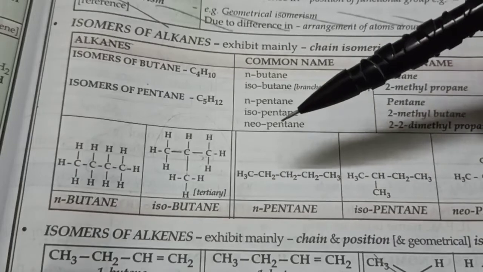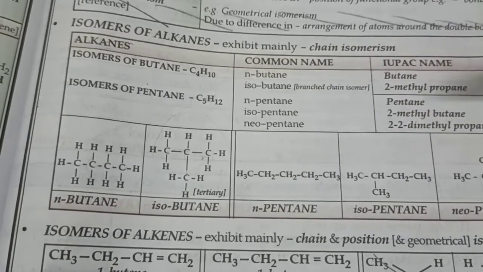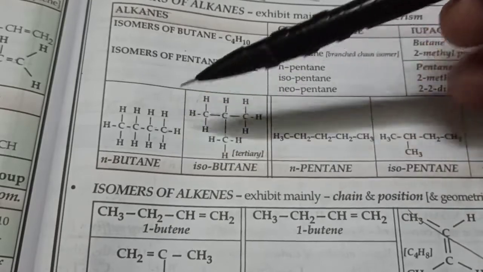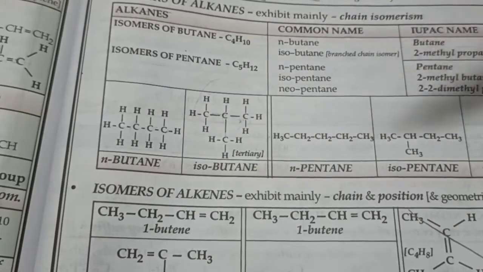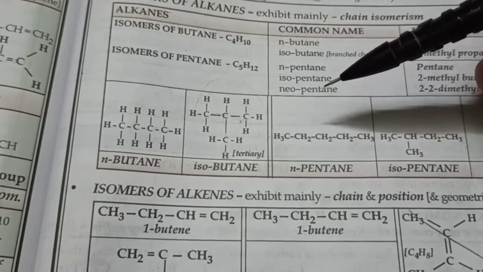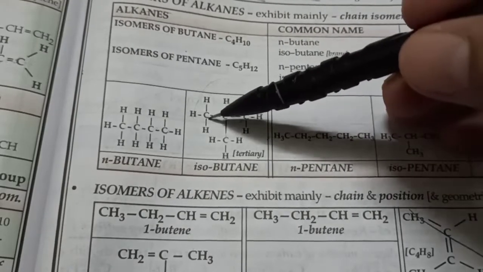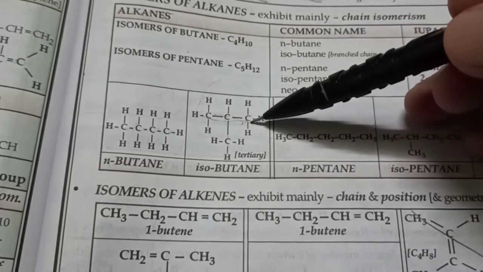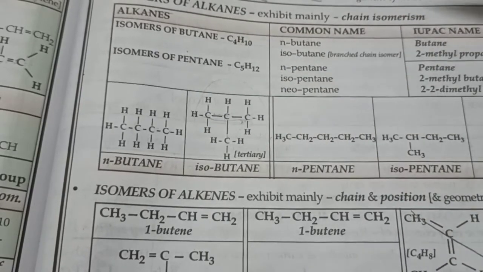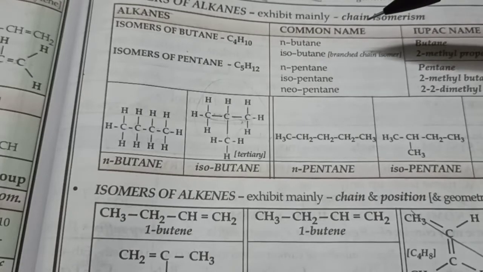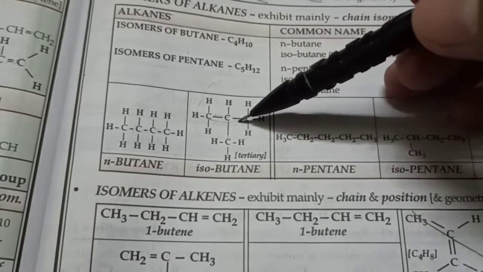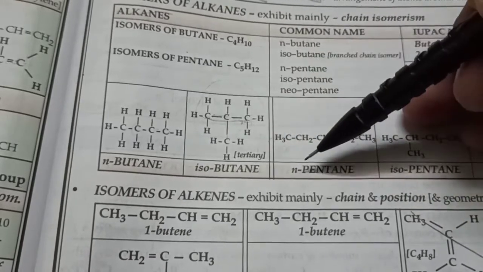But what about the IUPAC name? Let's see how to name it with the rules of IUPAC. This is butane, that's it. No numbering here. Here the rule says, number 1, identify the longest chain. So this is the longest chain. 1, 2, 3 carbon atoms. So this is called the parent alkane. 3 carbon atoms means pent. No, that's 5. What is 3 carbon atoms? Right, prop. And single bond, so ane: propane. So this is a propane, fine.